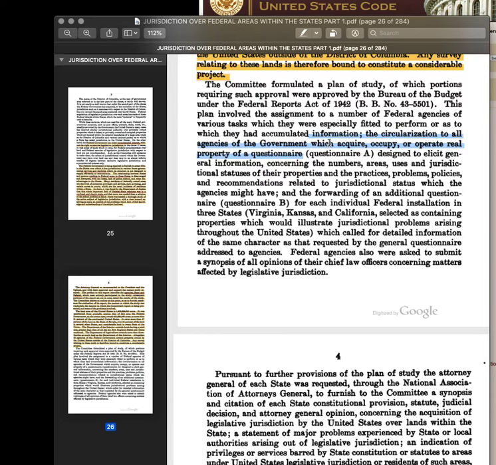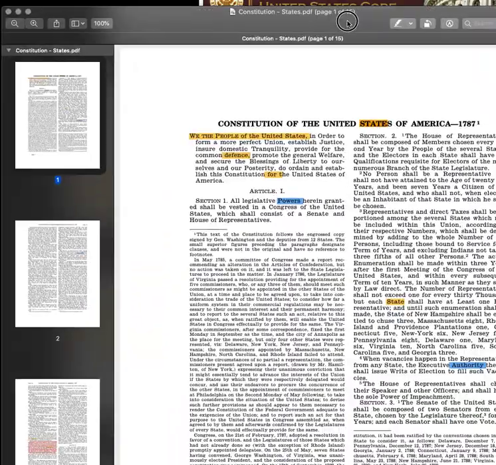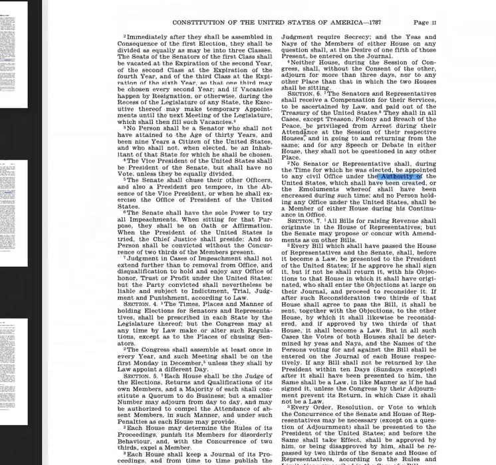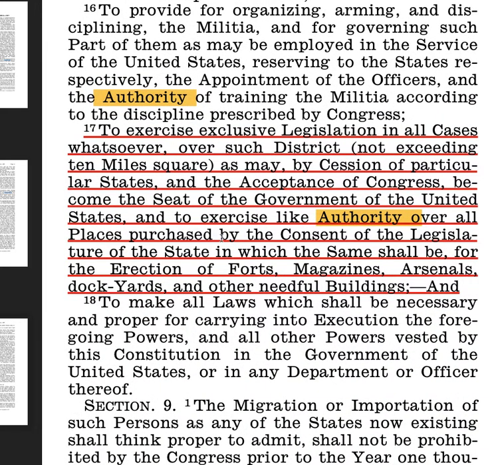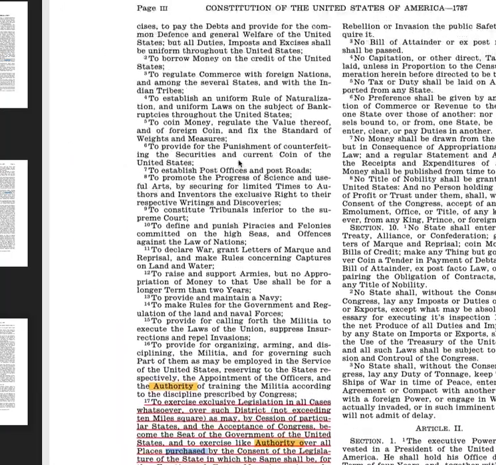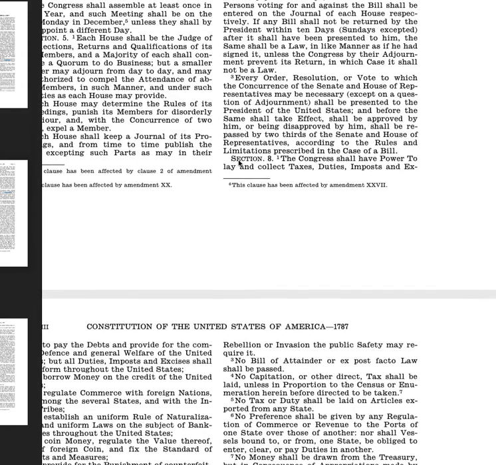Okay, so this is something we need to look at. Acquire, occupy, or operate real property. The reason why this is important is because the federal government has gone about getting property in a variety of ways which are unconstitutional. Because the Constitution specifically states that the federal government may purchase lands, okay? Purchase by the consent of the legislature of the state. Purchase, they have to buy it. And when they buy it, they have authority to do the list of things in the Constitution on those lands. And the states have to agree.